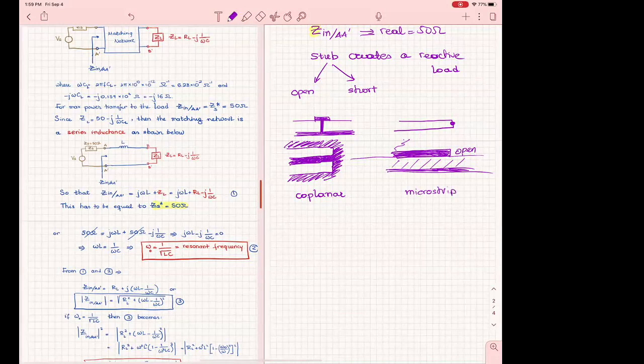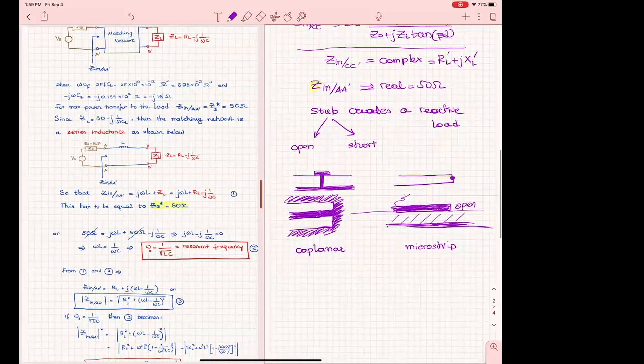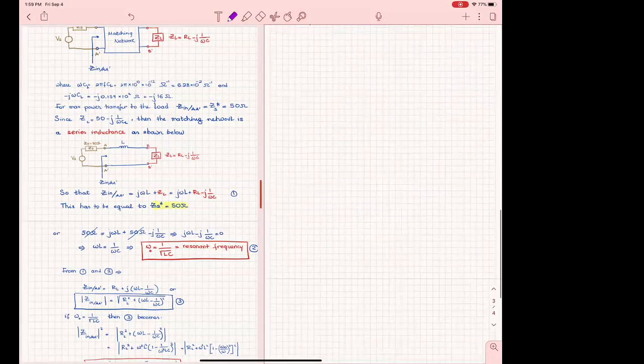All right. Now, in this case, no matter what, I need to use a stub. I chose not to use a transmission line. All right, I will use an inductor. Let's assume that I am at low enough frequencies and I don't make this monolithic, so I can pick an inductor and put it on our board and connect it with the load. And then I have the source on the other end.